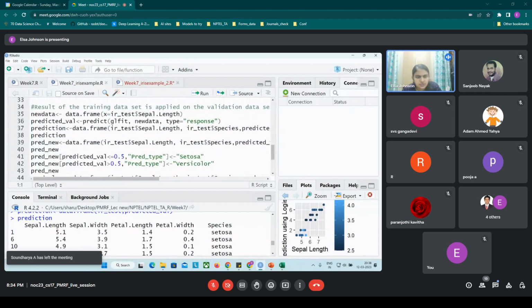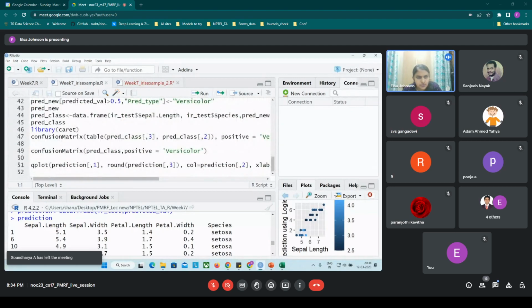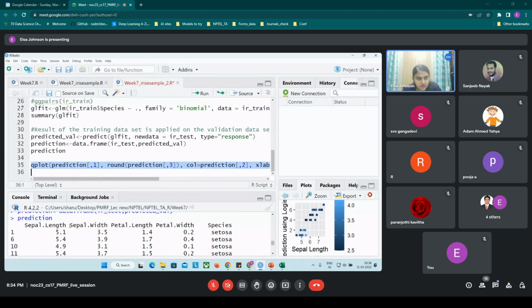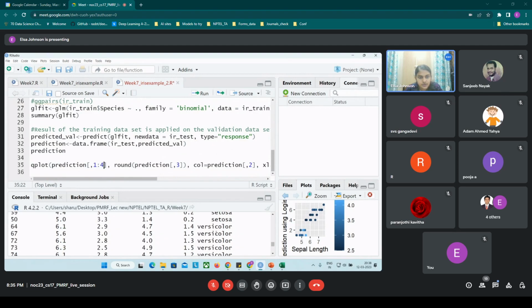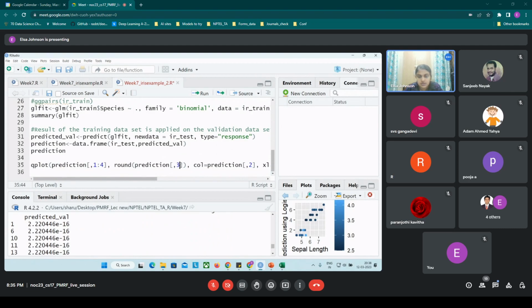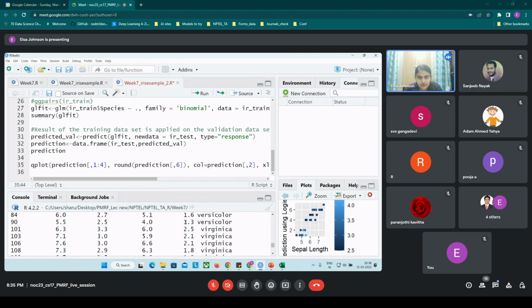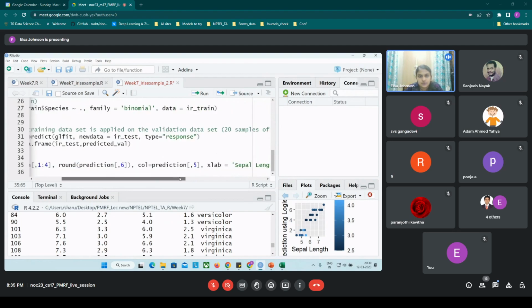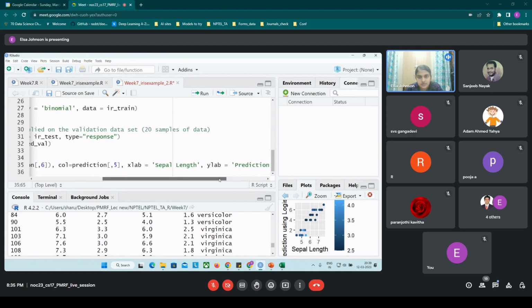That's why we had given the q plot as 1, but here it's sepal length, sepal width, petal length, and petal width, many others. So if you give 1 to 4, and round of prediction, then 1, 2, 3, 4, 5, and 6 is the prediction, and then the other one should be the 5th. And then if you're giving the label, okay, so the label is like,